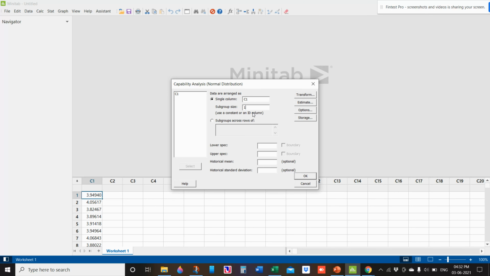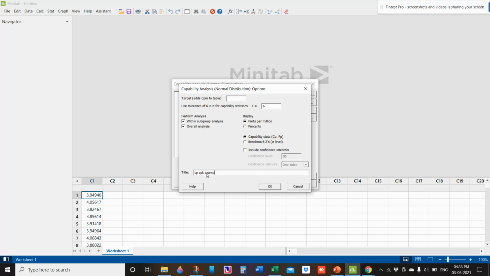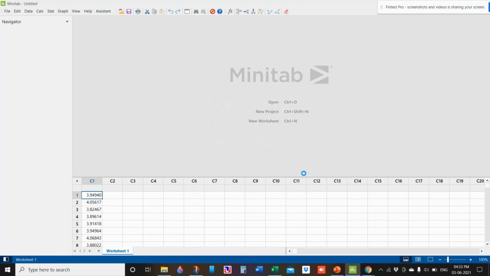Then enter the lower and upper spec. Lower is 3 mm, upper is 5 mm. Then go to Options and give the historical mean also. Give a title, say CP/CPK example, and say OK, then OK.